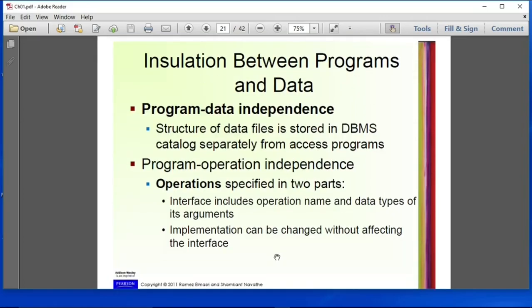Okay, then insulation between program and data, what does that mean? Insulation means between programs and data abstraction. What is the meaning of that? This is data abstraction. Okay, so what happens in a traditional file processing system?